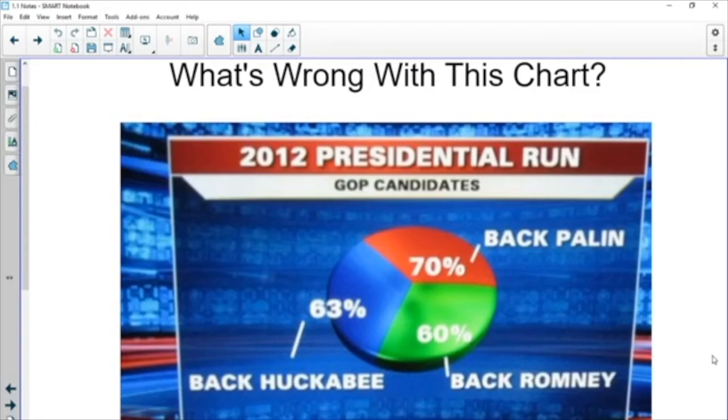This is a little piece of our section on graphs that I like to call "What's Wrong with This Chart?" What we're going to do is look at a few graphs and charts that are incorrect in some way, and look at what might have happened and what we should avoid or watch out for whenever we look at data. So on this first one, you've probably already noticed that these numbers do not add up